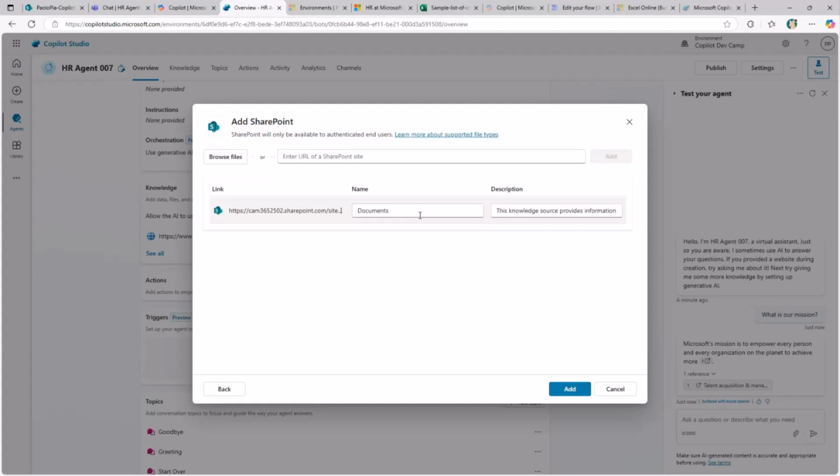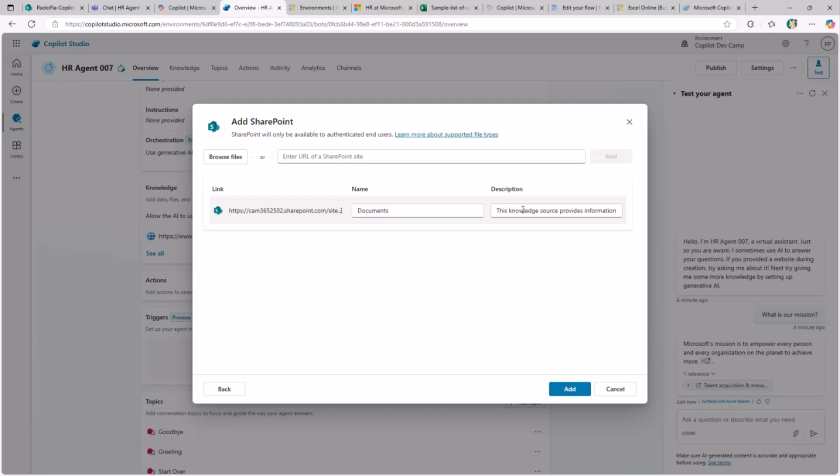It is really important to provide a useful name and description of the content that you are going to provide as the knowledge base, so that internally, by enabling the generative AI-based orchestration in your agent, which means that Copilot Studio will rely on generative AI to understand what the user is looking for from a data source and knowledge base point of view.